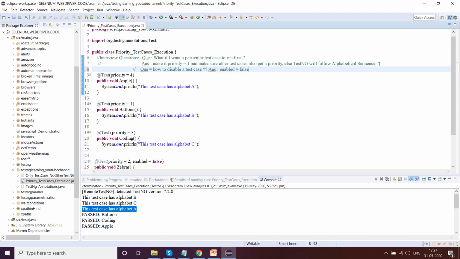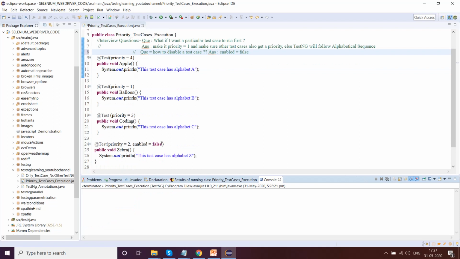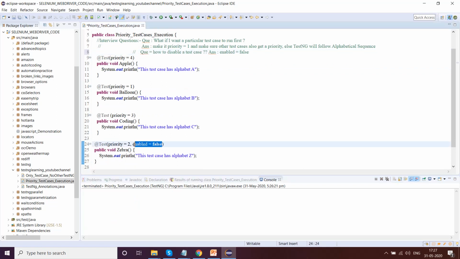But sometimes they will confuse you by saying, why don't you, instead of enabled equal to false, make it disabled equal to true. This should also work. No, it will not. This is not an English language concept, this is syntax, this is programming. You do not have the word disabled to be used in TestNG. It does not exist. It has to be enabled equal to false.